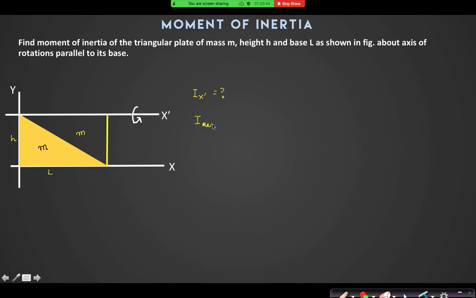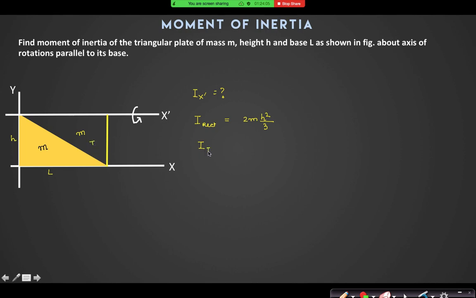I for this rectangle is 2m h square by 3, 2m into h square divided by 3. Yes. And then we can subtract. And from there, if I find the moment of inertia of this triangle, suppose this is T,